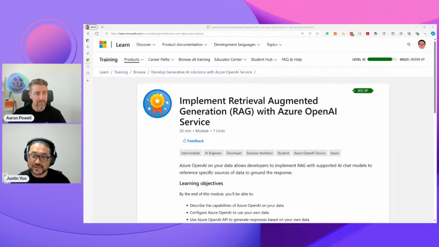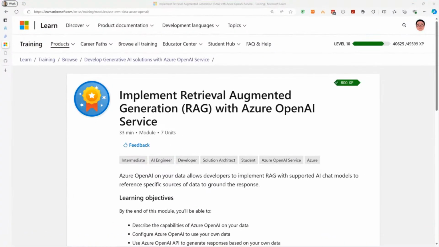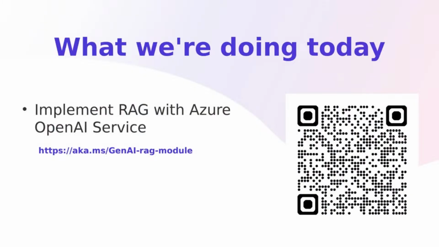So this is the Microsoft Learn module that we are going to walk through today. That's the Retrieval Augmented Generation pattern with Azure OpenAI service. It takes about half an hour, so you can easily follow the information with a few exercises. This will be really a great example for us. So what we are going to do today is this Microsoft Learn module. If we go to the next slide, then